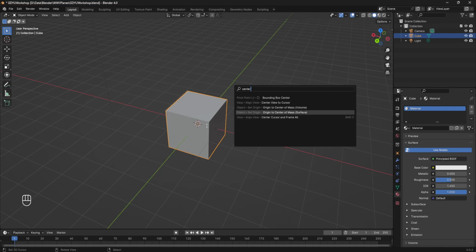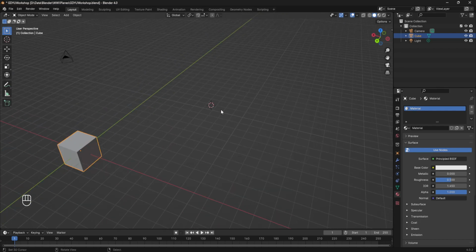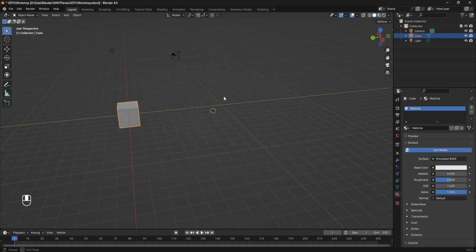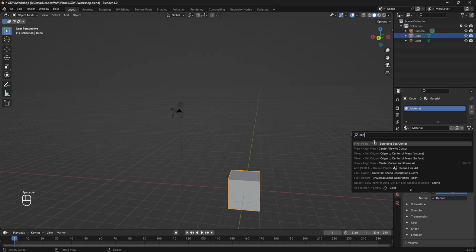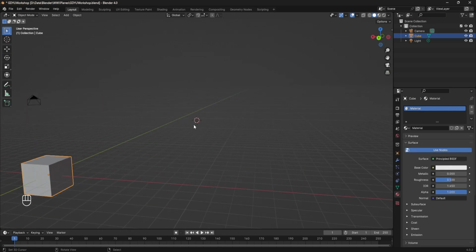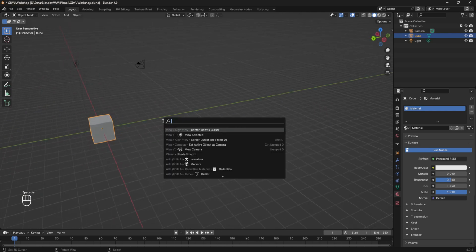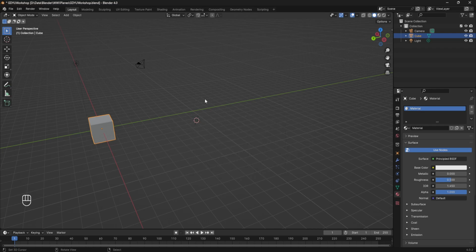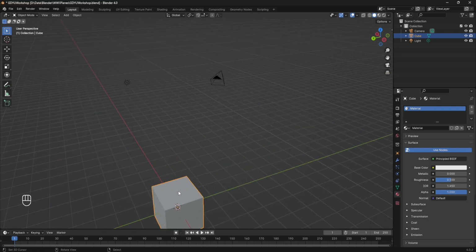Center view to cursor will, sorry, this little red and white circle thing is the cursor, and I can actually move it by left clicking, or it might be right click if you have it flipped. And so now I'm going to click space and center view to cursor, and now my view is centered right on this cursor. If I want to recenter this cursor, sorry, center. See, I don't even know all these, so center cursor and frame all will recenter the cursor